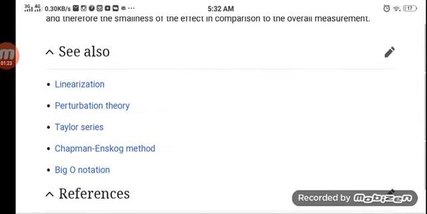Linearization, perturbation theory, Taylor series, Chapman-Enskog method, Big O notation,